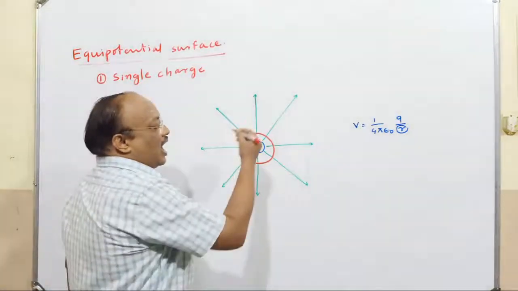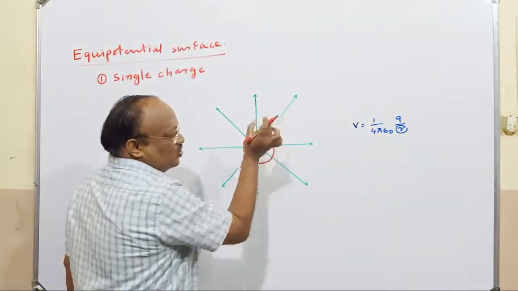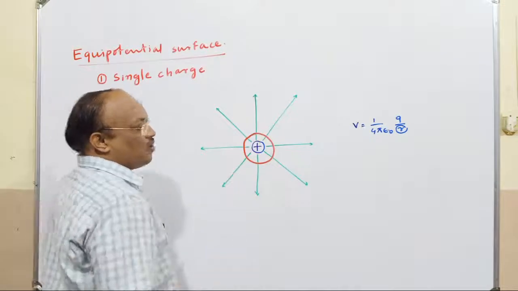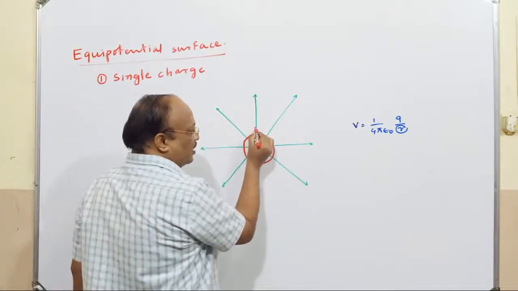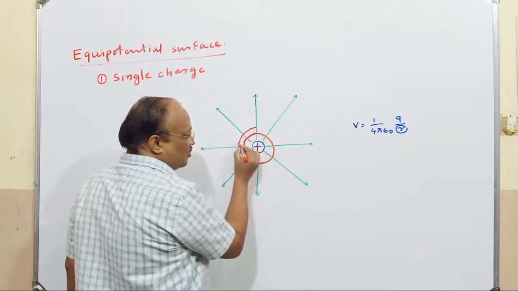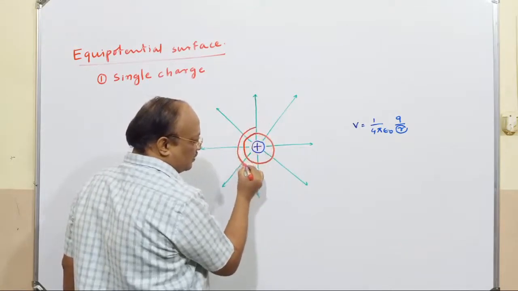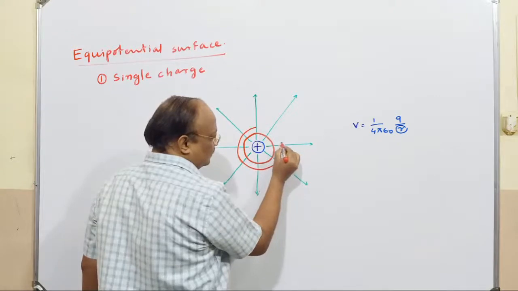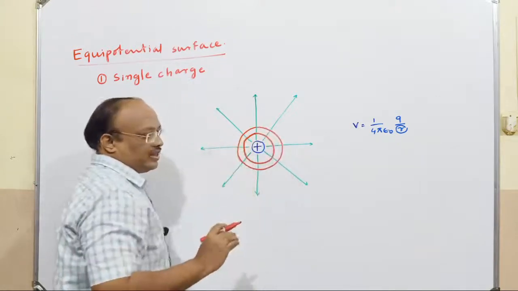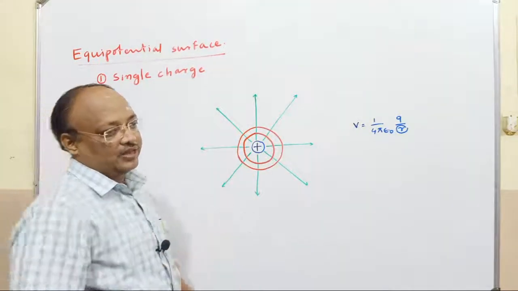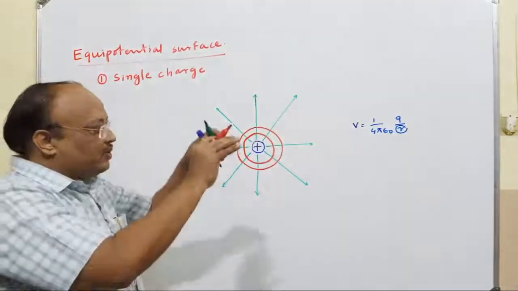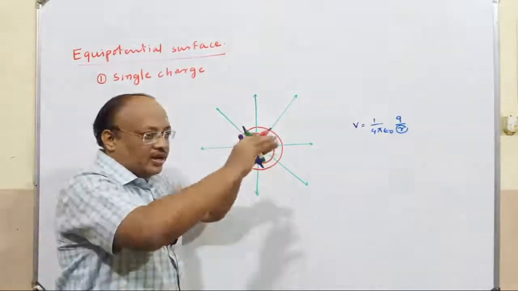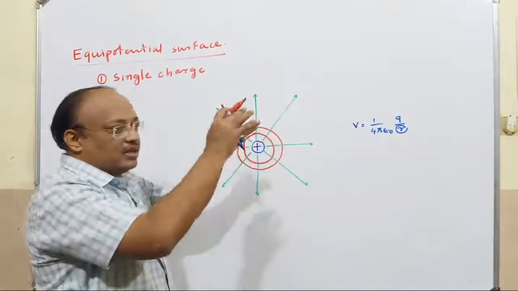So this is an equipotential surface. At another distance, if I take this as 2 centimeter, say some 4 centimeter, if R is taken as 4 centimeter, it will be somewhat like this. In fact, all these will be spherical in nature. I cannot draw since it is two-dimensional. It will be spherical in all the 3 dimensions.